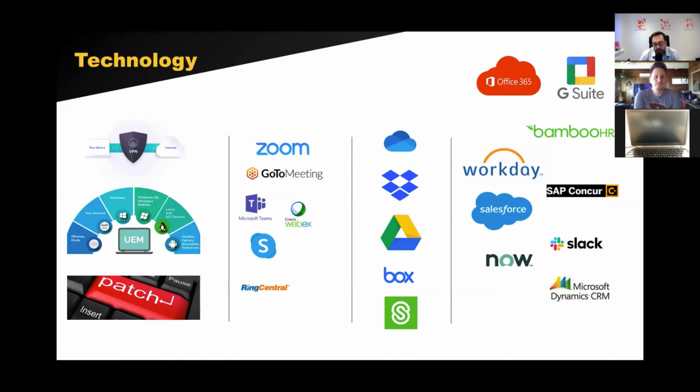I think there's a number of different technologies that can be used to help people work from home. First and foremost, I think if you haven't already, then enabling people to get access to email and office productivity applications by deploying something like Office 365 or the G Suite is obviously of top priority.